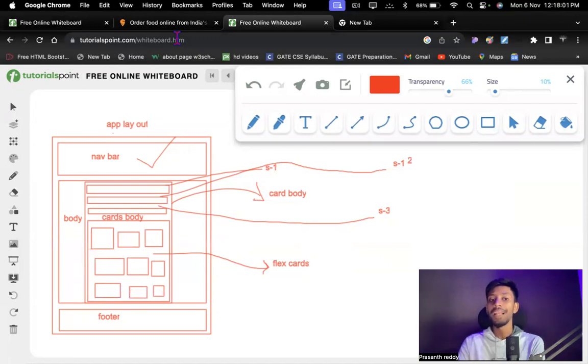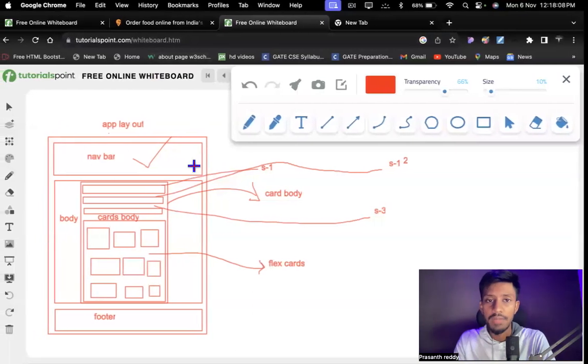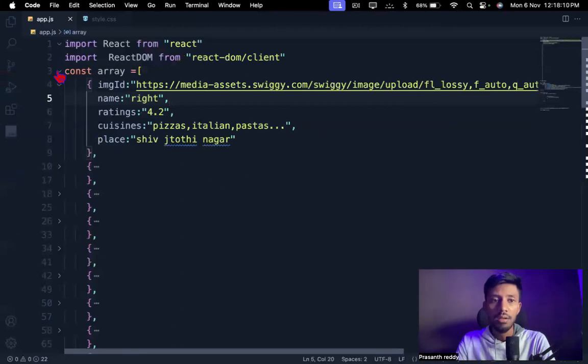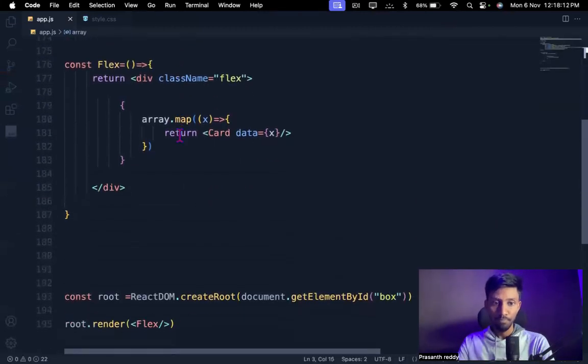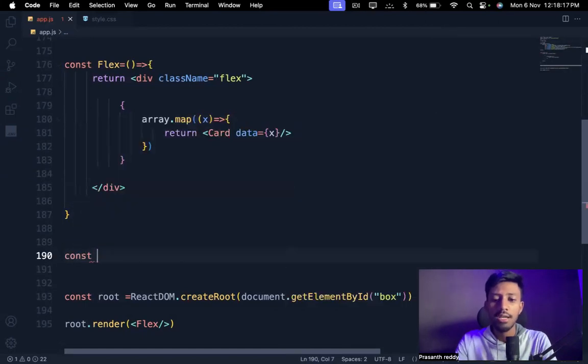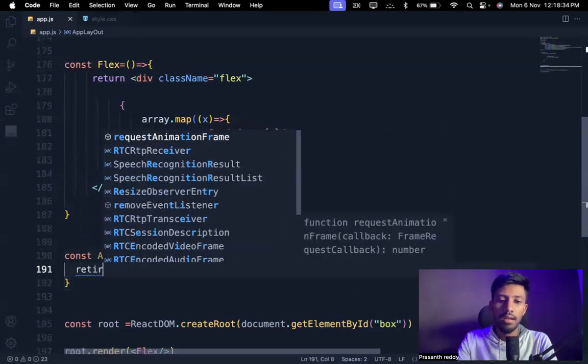Before building our nav bar, first let me build this app layout, guys. At the very bottom, I will write one functional component called AppLayout. const AppLayout, capital letters, my dear friends, equals an anonymous arrow function, then return.